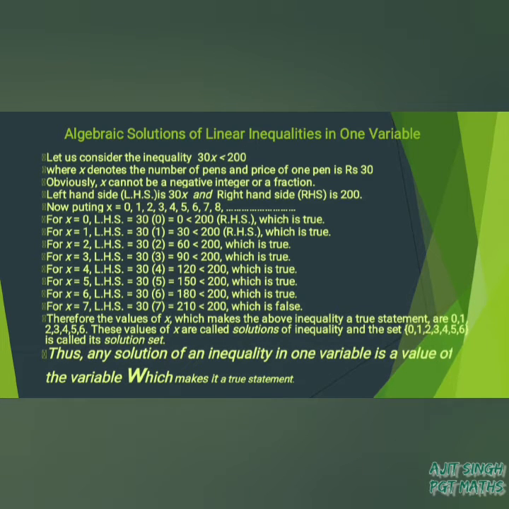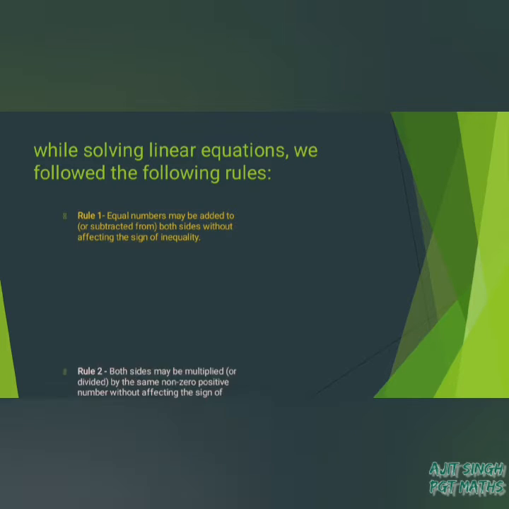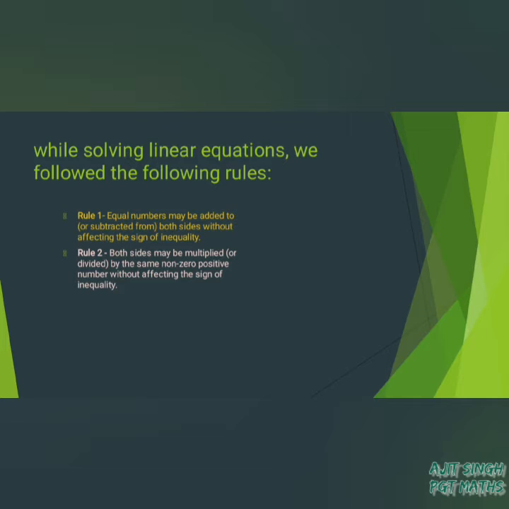Thus, any solution of an inequality in one variable is a value of the variable which makes it a true statement. So the solution is the value which makes the statement true. While solving linear inequalities, we follow the following rules. First rule is equal numbers may be added to or subtracted from both sides without affecting the sign of inequality. Rule 2 is both sides may be multiplied or divided by the same non-zero positive number without affecting the sign